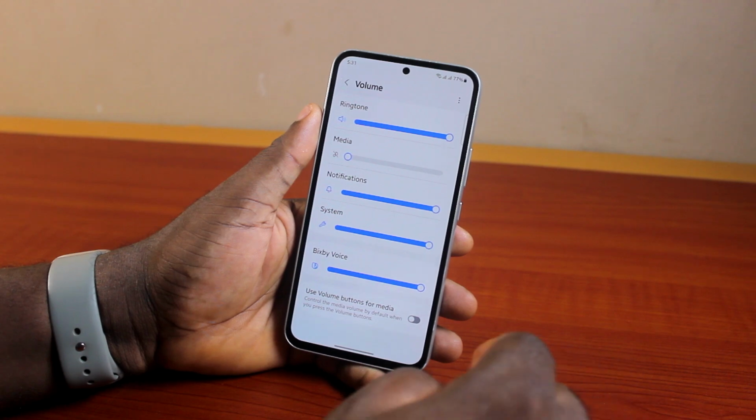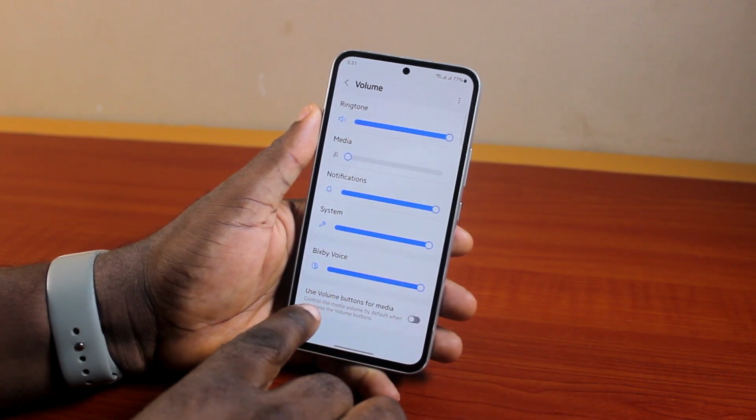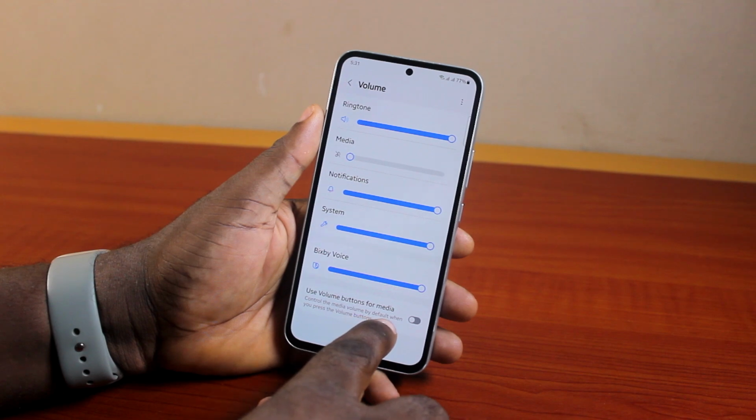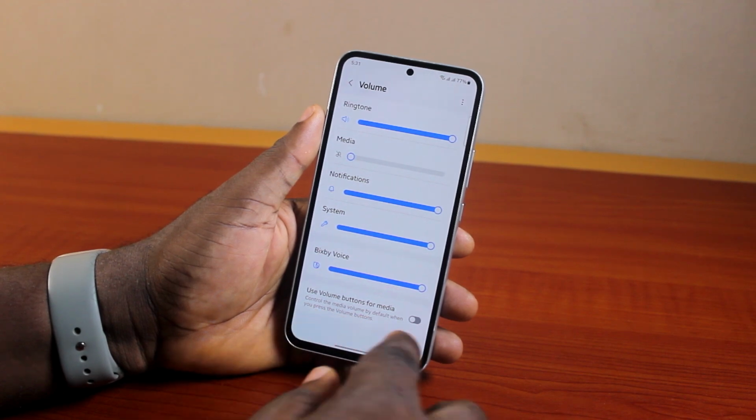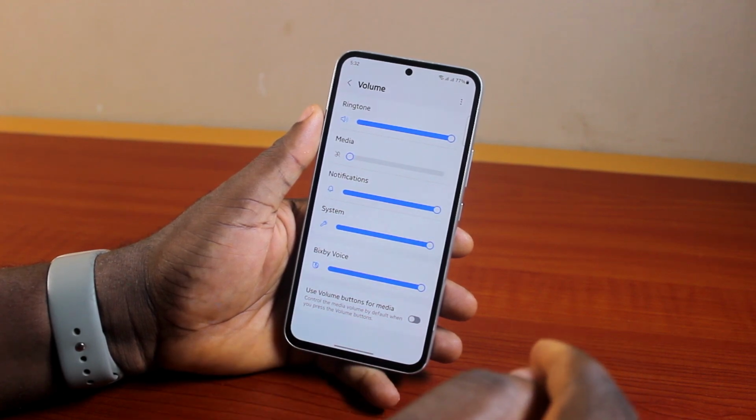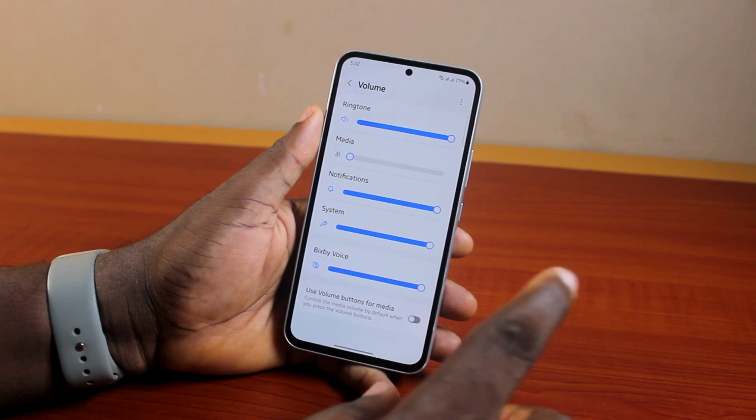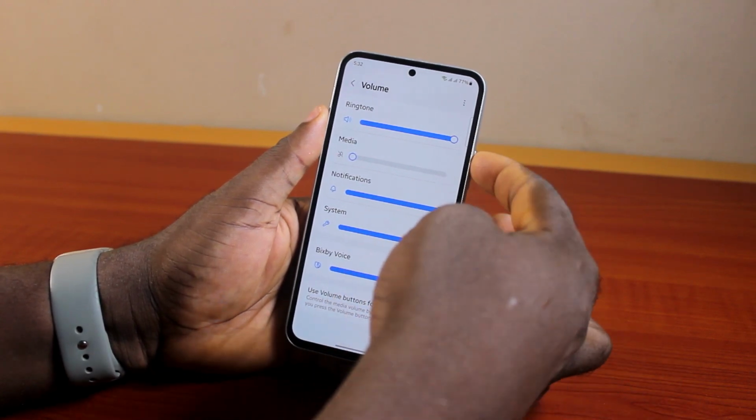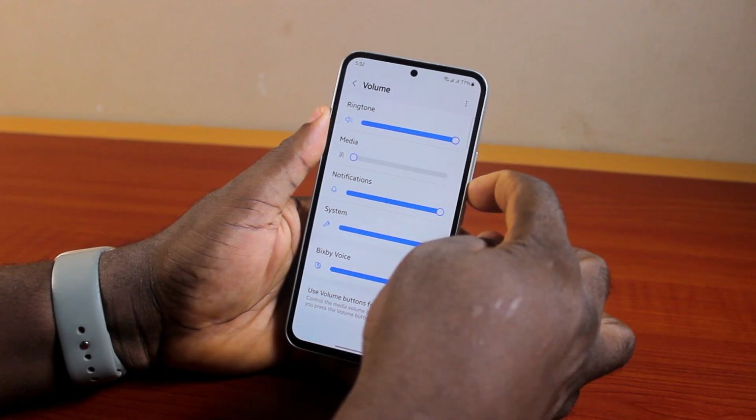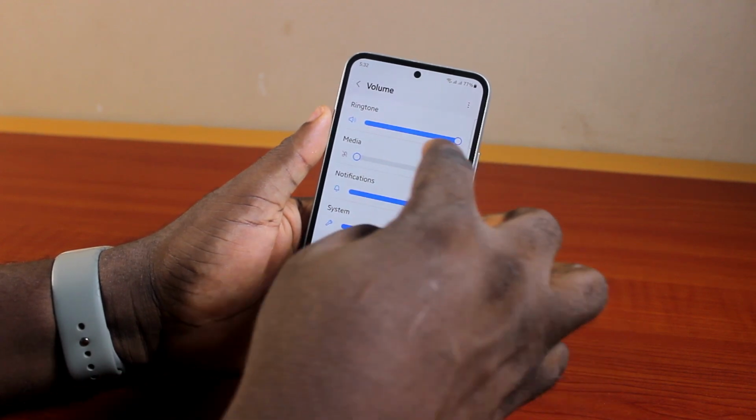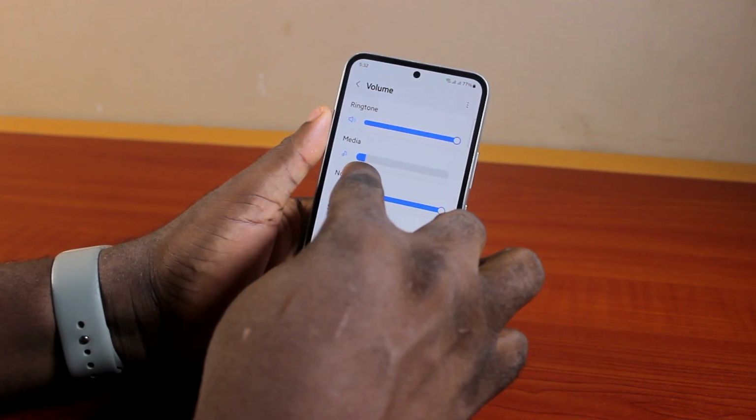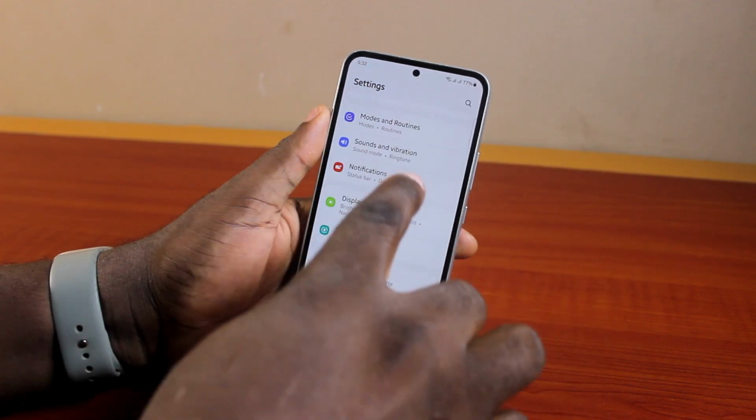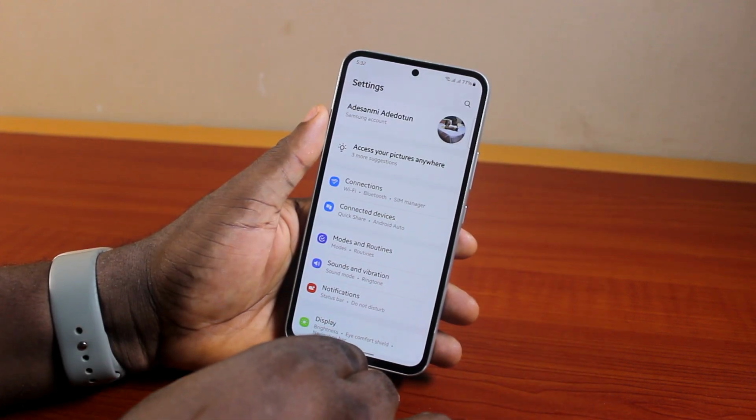Now once you've selected volume, scroll down, then here you see use volume button for media. Control the media volume by default when you press the volume button. So if you want to use the volume buttons for your media control, just go ahead and turn this on, and then you will be able to use your volume button, the down button and then the up button to be able to control the media volume. So that is exactly how to turn on or how to enable control media